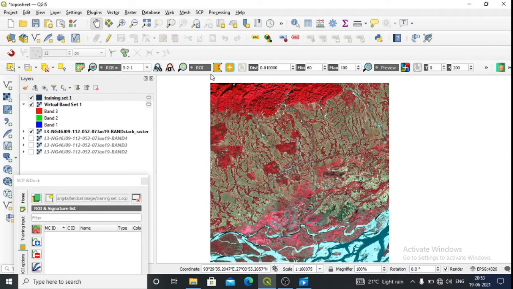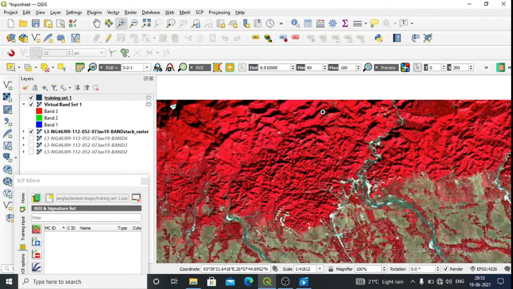Then select this particular option, that is create the polygon. Select it, then zoom into the area which you want to identify. So first let us identify the forest area. This particular area, if you see, is a mountainous area covered by forest. There is a little relief, meaning up and down. So it seems that this is a forested area, so we'll be polygonizing this area. Then select this one. No need to polygonize the whole area, just select a part of it in this way.